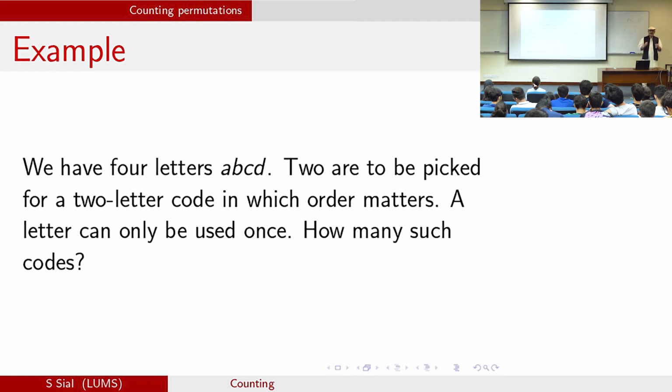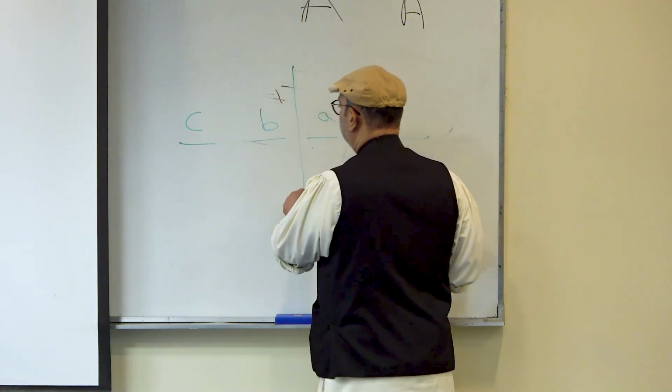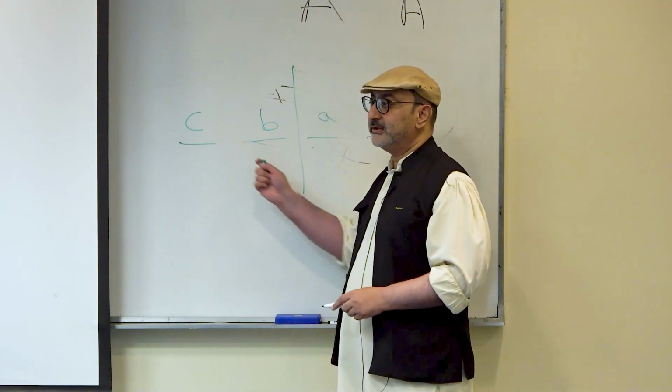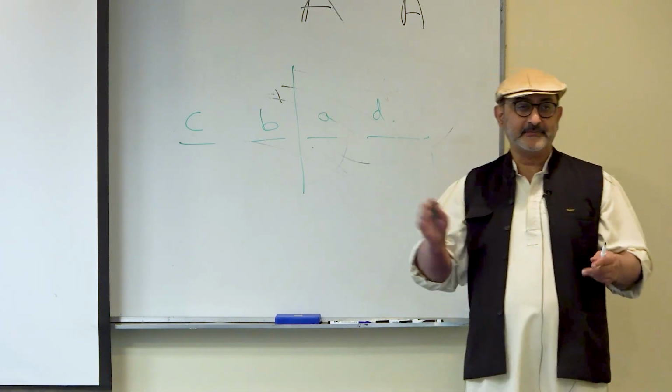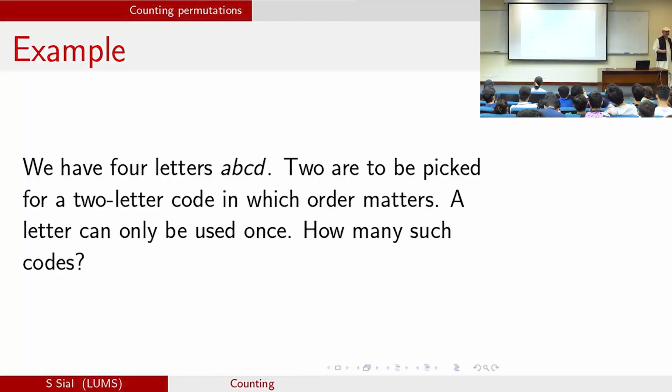Okay? 4 letters, A, B, C, D. This time we're going to choose 2 of them. The order matters. And then the rest are discarded. They're left over. The order we write them in doesn't matter. Okay? So if I write how many ways are there of selecting